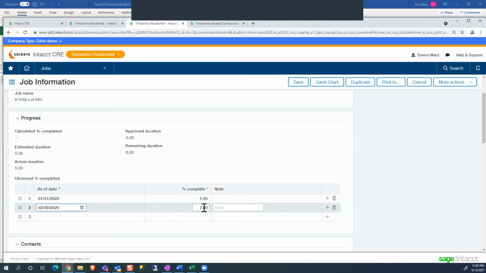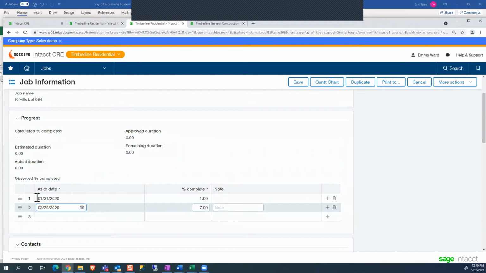Now, my billing in this project is being calculated off of this percent complete. So I've populated 2 different dates for that percent complete. Now, at the end of the period, we're going to go through the process of actually billing this job out.